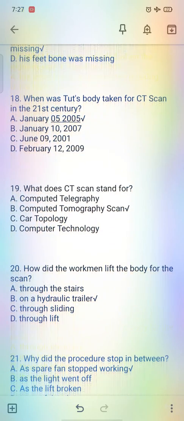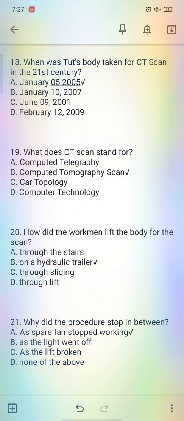Now question number 19. What does CT scan stand for? The full form of CT scan: computed tomography scan, car topology, computer technology. So computer technology is last, and computed tomography scan would be the correct option because it has been ticked already. So we have covered up to